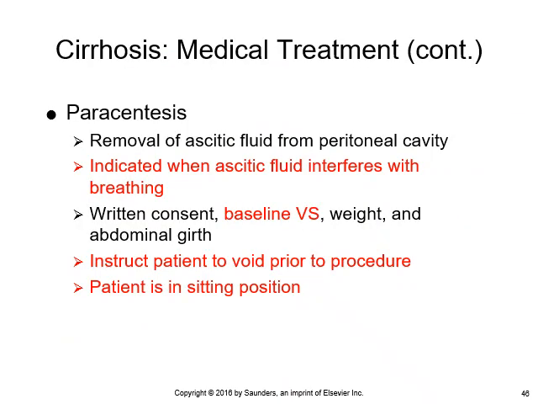Again, this one is indicated when the ascitic fluid interferes with daily life, including breathing. Before we start, we would do a written consent, baseline vital signs, weight, and then checking the abdominal girth. What we would do for checking the abdominal girth right here is that we would use a tape measure, and we would measure